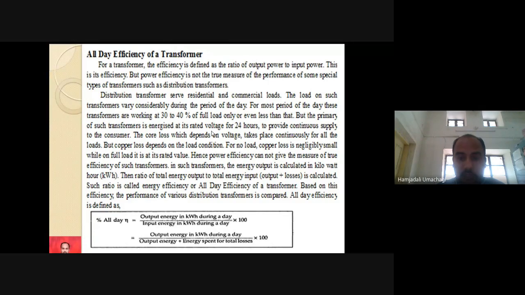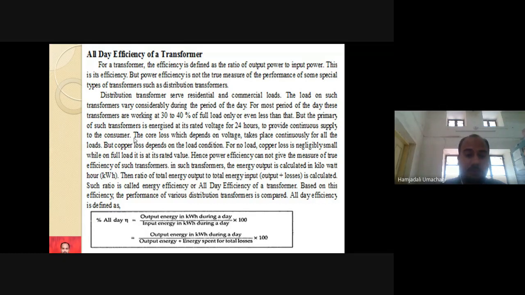Yes or no? Because the first consumer may use it from morning 6 to evening 6. The next consumer may use it from evening 6 to night 10 o'clock. So it is not that I should give the power supply only to the first consumer from morning 6 to evening 6 and rest of the time it should be turned off. It is not like that, because there will be a number of consumers who are getting power supply from that one single distribution transformer. So all the time, the primary winding of the distribution transformer will be continuously supplied